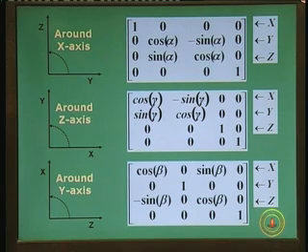Here are the 3 rotation matrices once again. As you can see on the left hand side, I have put those 3 figures for you: first, rotation around x axis from y to z, rotation around z axis from x to y, and rotation around y axis from z to x respectively. So, if you look at the first row, when you are rotating around the x axis, this is the corresponding transformation matrix. The x coordinate is unchanged. So, that is why you have 1 0 0 on the first row.